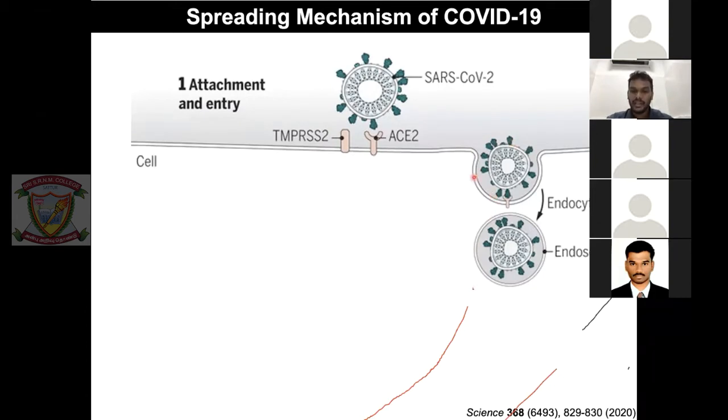Once it enters, the entire virus is packaged. You see, it is packaged. This is the virus, and there is a coating layer on top of it. This mechanism of the virus particle getting inside the human cell is called endocytosis. Endo means inside, cyto means cell, and osis means basically breaking inside. On top there is a membrane protection packaging the virus to get inside. Those are called endosomes. Basically, they act as transport vehicles, like cargo, like a lorry transferring material from one place to another. So it takes the virus from outside into the human cells.